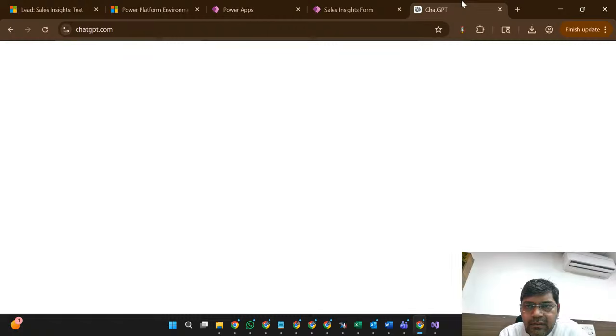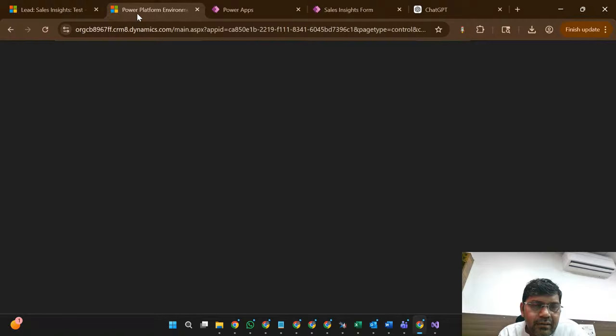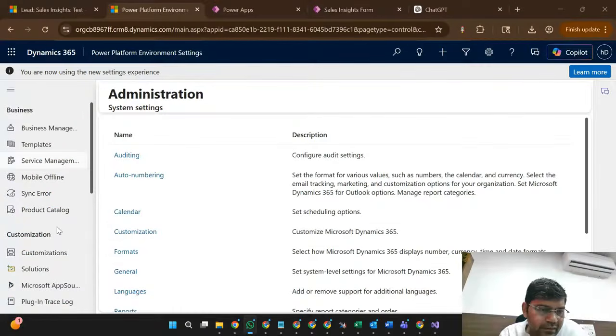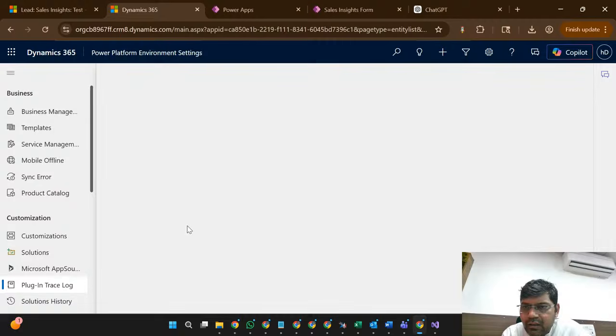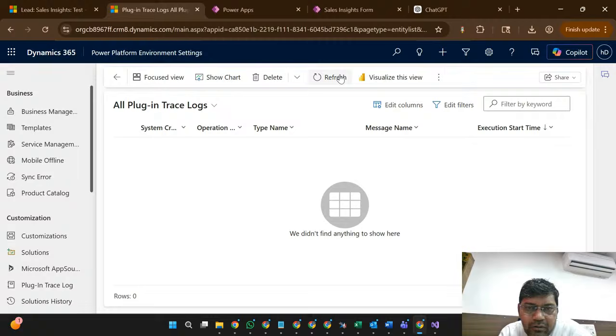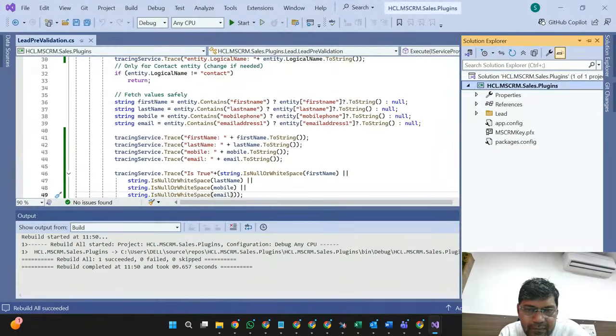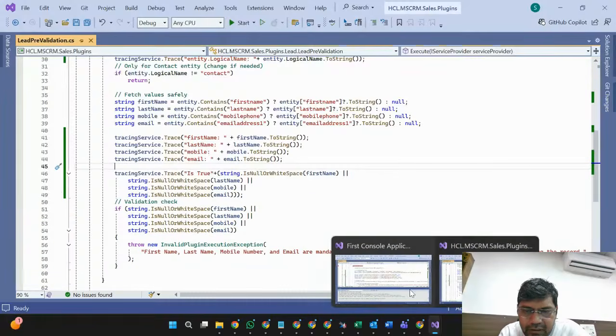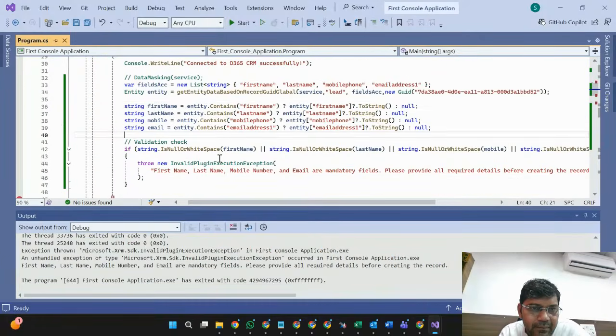So likewise, you have to enable the tracing service, and you can check tracing from what I have showcased. You can do that tracing part as well. Now you are able to see the tracing here, but you need to enable that tracing at the organization level. You can quickly do it, and then you can check that tracing part, whatever we have printed. So console.WriteLine we do in the console application. In the same manner, the same method, the same way we can do it here.